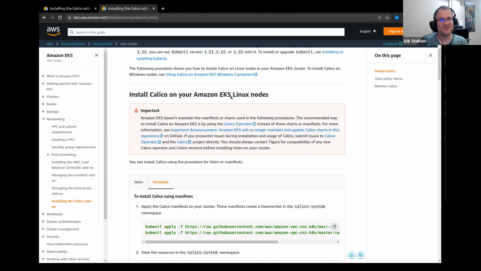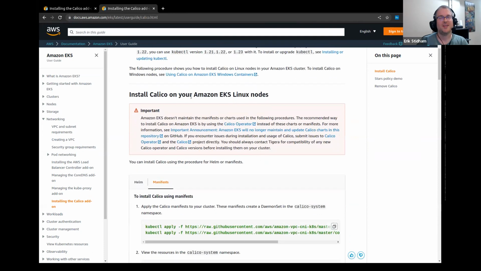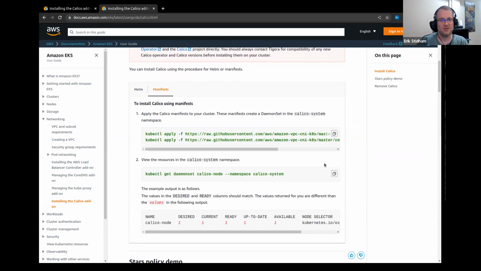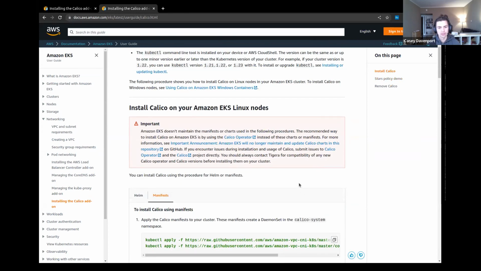I tried to find out whether we want EKS installation instructions in the Calico docs, or do we want to be pointing here? I think right now we point here. We probably want to add instructions and maybe have this point to them instead.